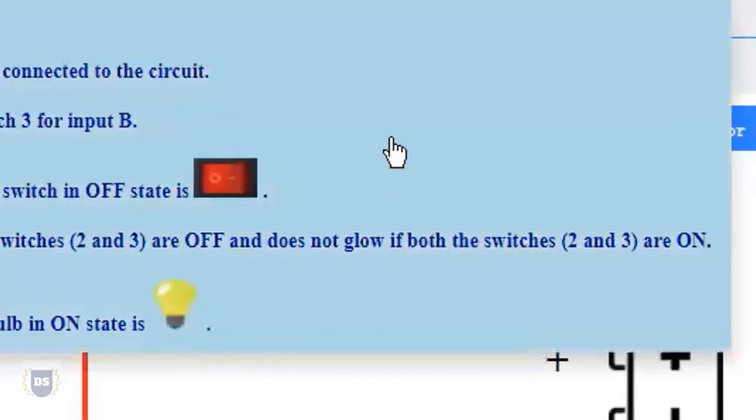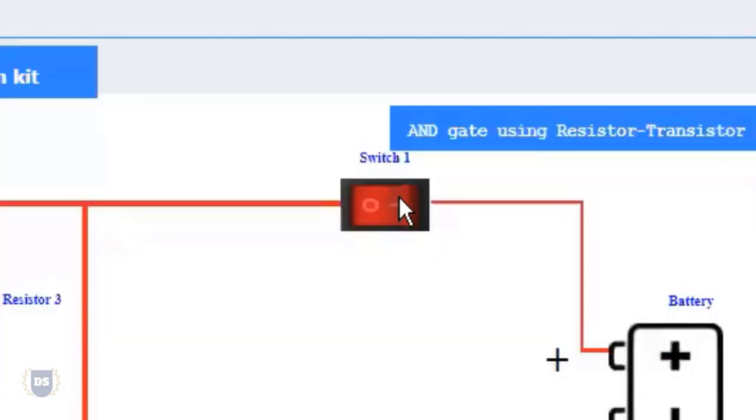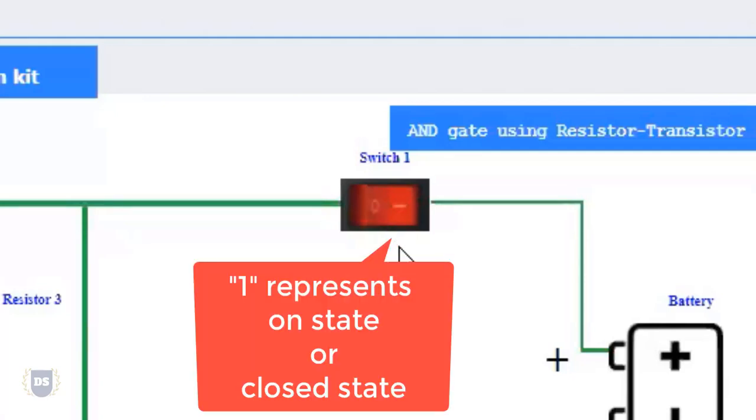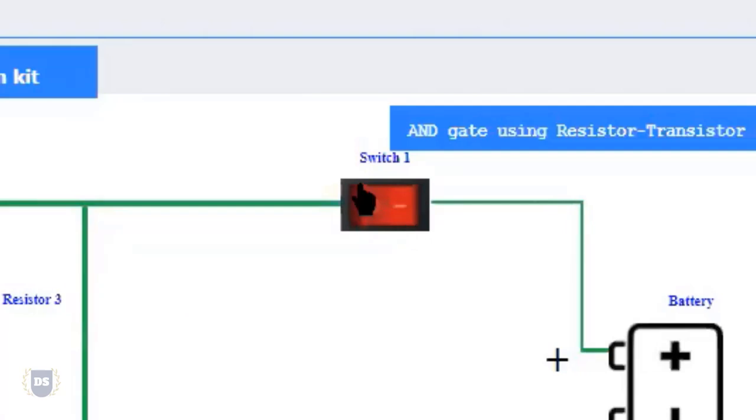So this being switch 1, I've got to switch it on. Just by left clicking on this switch 1, you can see that I'm turning on this switch, or this switch is right now being closed. You can clearly see that because this is closed, I can have current flowing in this path. And this current flowing via this path is represented in green.